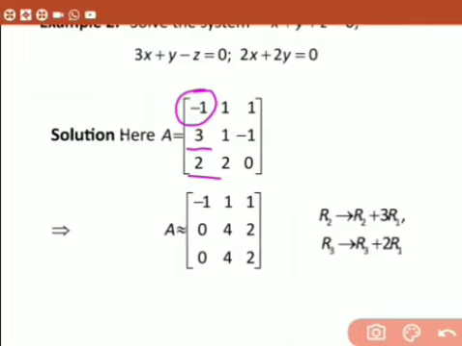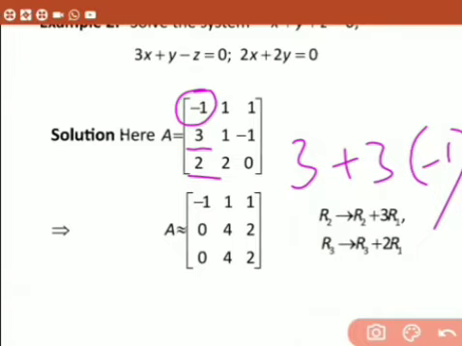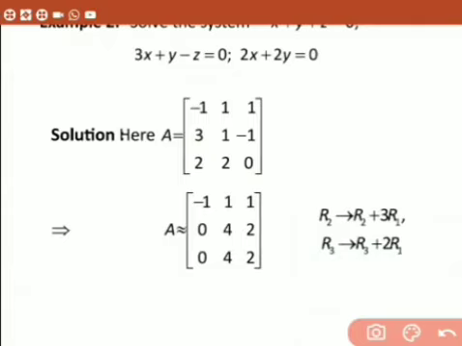So here you will get this element, second row it is. First element of this second row is 3, that is R2. R2 is 3, then plus 3 times of R1. R1 is minus 1. So 3 minus 3 is equals to, will get here 0. This element you will get here 0. Similarly, the next element is here. This element is 1, that is R2 plus 3 times of corresponding elements in first row. That is 3 times of 1. 1 plus 3 into 1 is 4. You will get this element as 4.